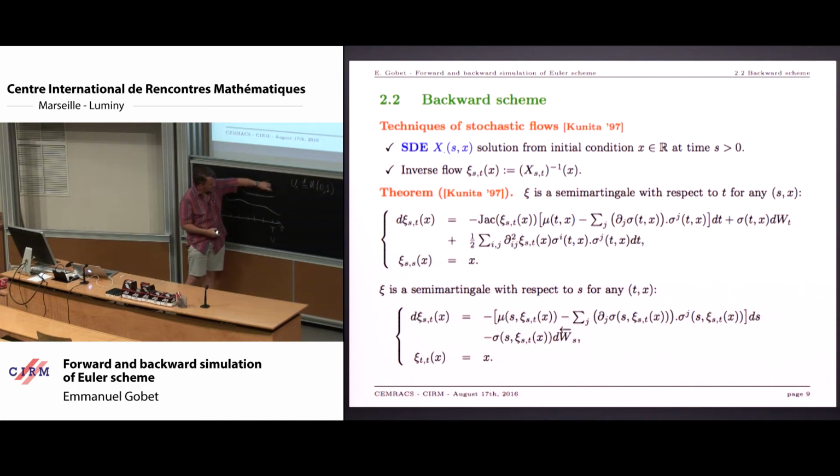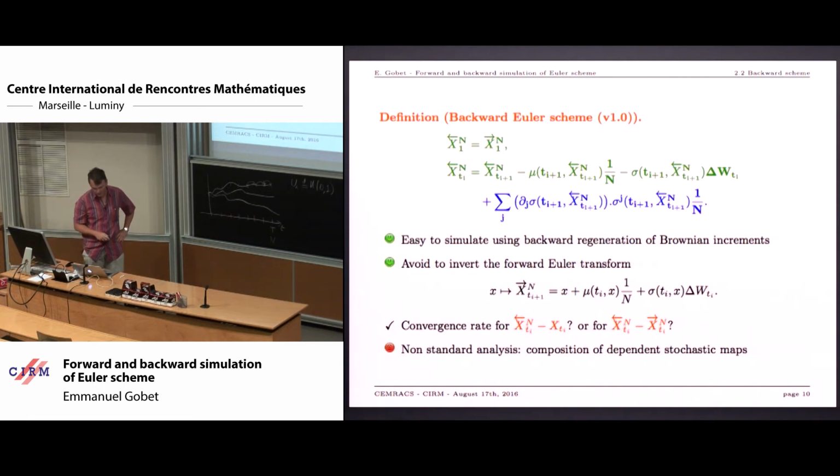So I'd like to start from this capital T point X. Yes, this is that point of view. I'm going to fix T and X, and I'm going to go backward in time just by changing S. So the right process to simulate, to go backward in time, is in fact that process: to start from a given point T, X in the future, and then go back in time. So it gives rise to the backward Euler scheme. It will be simply a discretization of that equation. So this is the motivation for the backward Euler scheme.